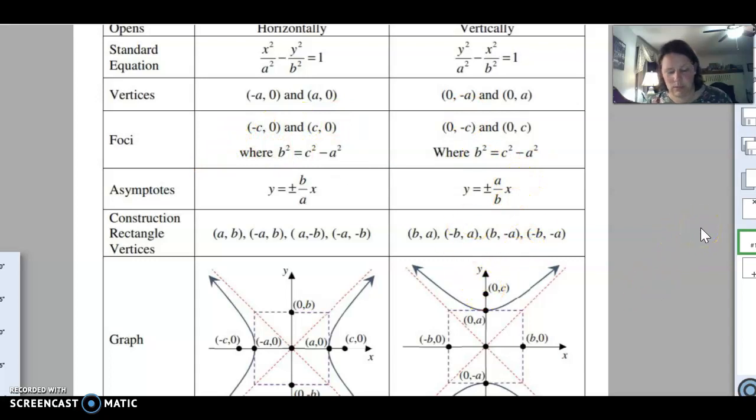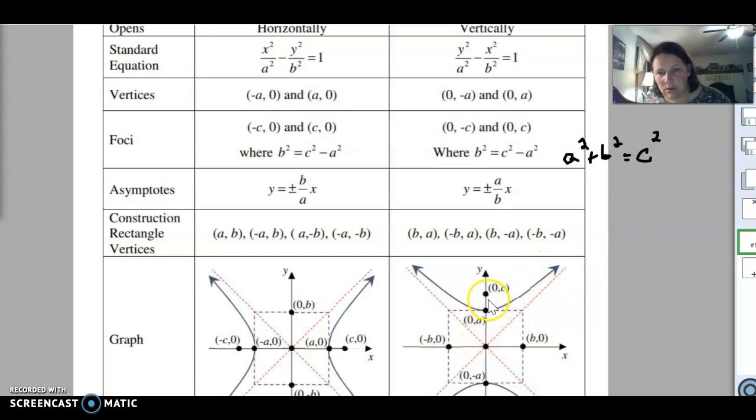On this one, I'd like you to use the equation a squared plus b squared equals c squared. Also, notice that on these, see where your focus point is? Your focus point is now actually the longest distance. That's why the a squared plus the b squared equals the c squared, because your focus point is the farthest